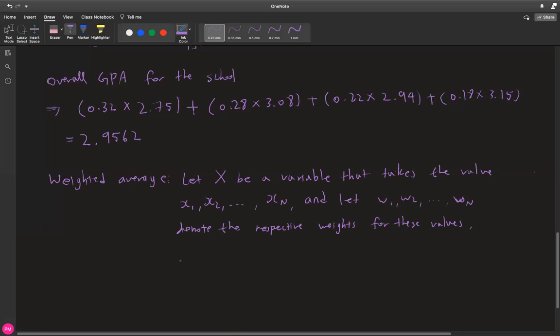In other words, if you simply add all the weights, this is similar to the probability, it has to be 1.